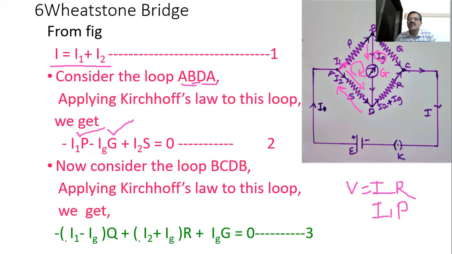The potential difference across this resistor of resistance S is I2 into S. So, if we apply Kirchhoff's law to this first loop, we get this equation: minus I1P minus I1G plus I2S. Now, let's apply Kirchhoff's law to the next loop,